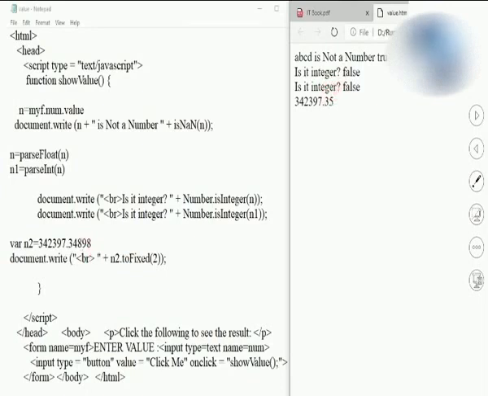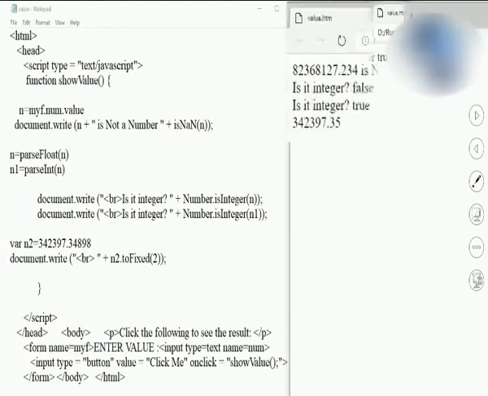Now over here observe one more input if I try to give over here. Like say if I have entered this value instead of ABCD. So it is saying not a number. No, it's a number. So that's why it is saying it's false. Now is it an integer value? No, it's not an integer value. So it said false. So is it an integer? Again I am asking. So yes, it is an integer. Why is this saying is it integer false? Because I have converted that into float.